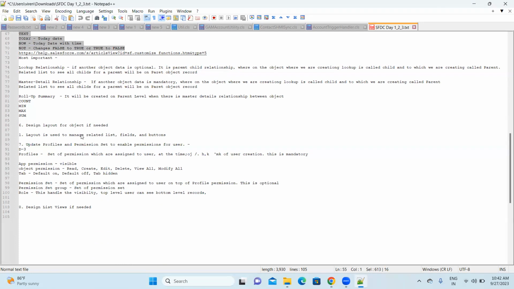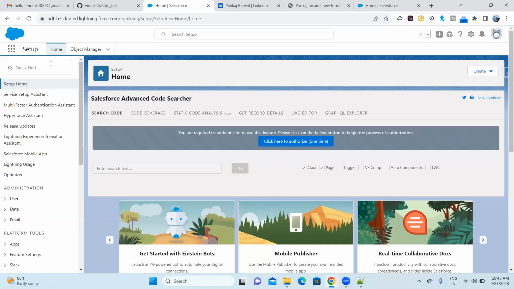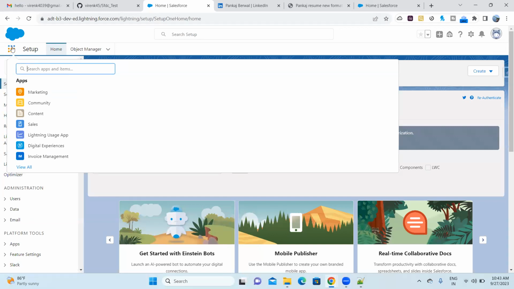Then we also learned about permissions, profile permissions, and permission sets, and how they work, because these handle the visibility. So how the application will be visible, which field to hide, which field to show, all those things were being managed. So all that we have seen. We have also seen list views, where you can create views with respect to filters. You can even share those views with your teammates.